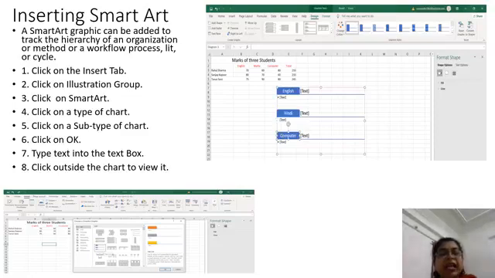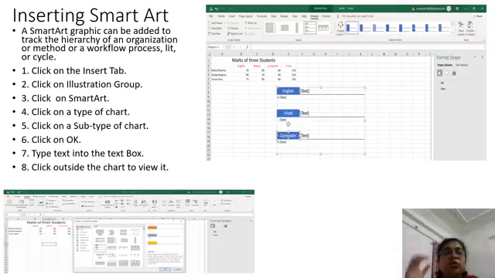Out of that, select any one type and for that type also it will show you so many subtypes. See, it is showing many types. If you go to List, Hierarchy, or Cycle, each type is showing more subtypes. Out of that, select the desired one, click on OK and then type the text into the text boxes.